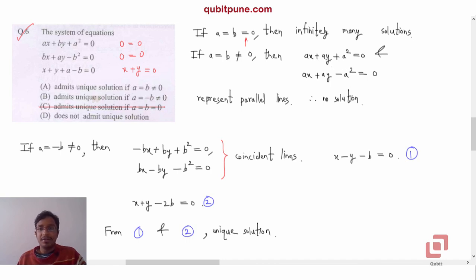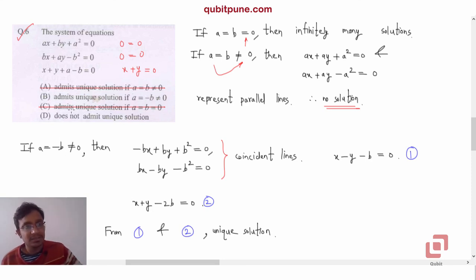Now these represent parallel lines, and because a is not equal to 0, these lines cannot be coincident. Correct? So we have parallel lines which never intersect, coplanar lines. So there does not exist any solution at all, no matter what the third equation is, because the first two equations represent two parallel and distinct lines. So option A is also ruled out, no unique solution is admitted. So it is either B or D.